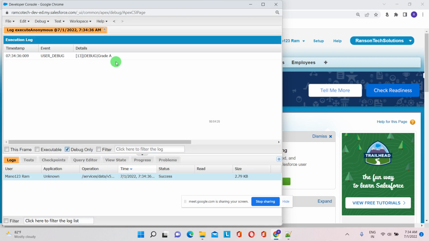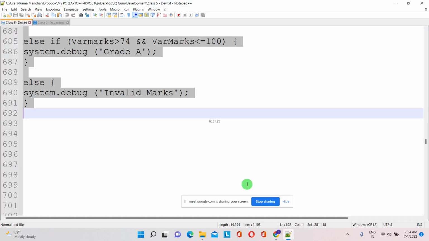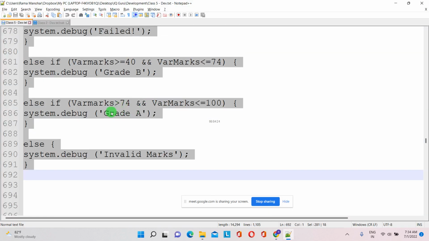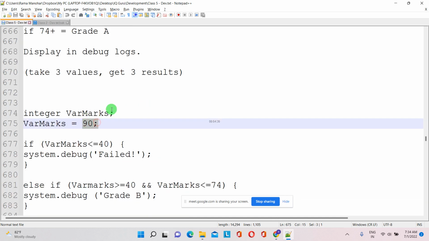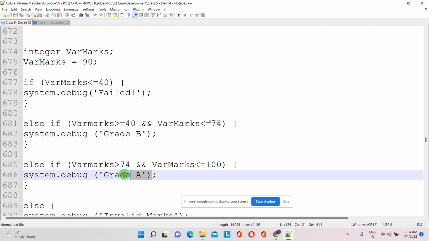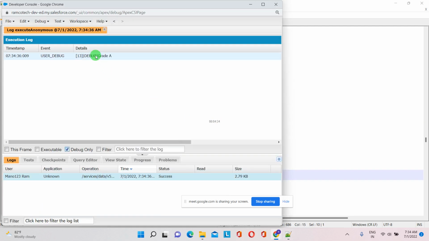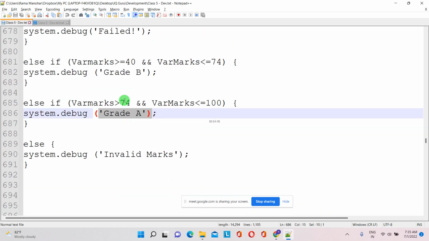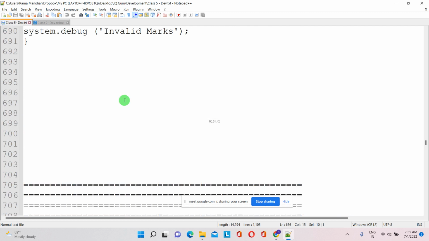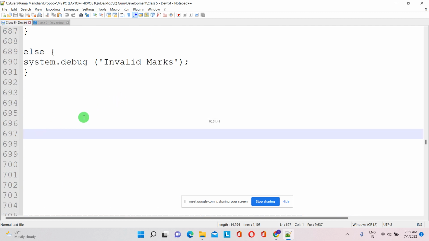So here grade A is coming. Grade A in the sense it has to be between 74 to 100. The marks we gave are 90, so this condition is satisfied. That is the reason we are getting grade A. So now my doubt is, in case I want to print one data, for example,